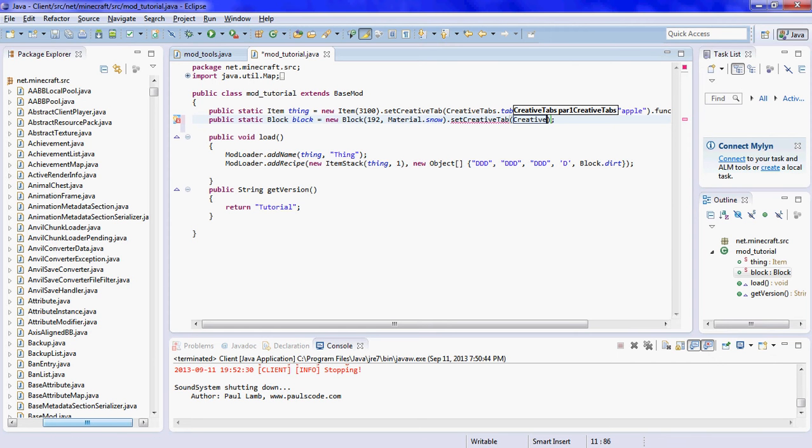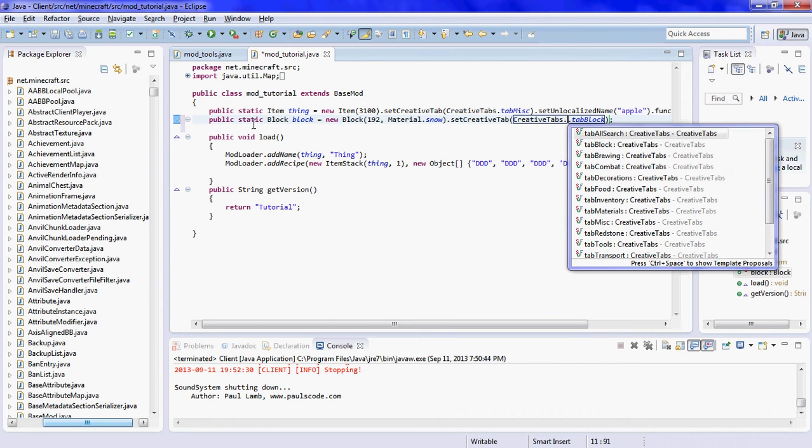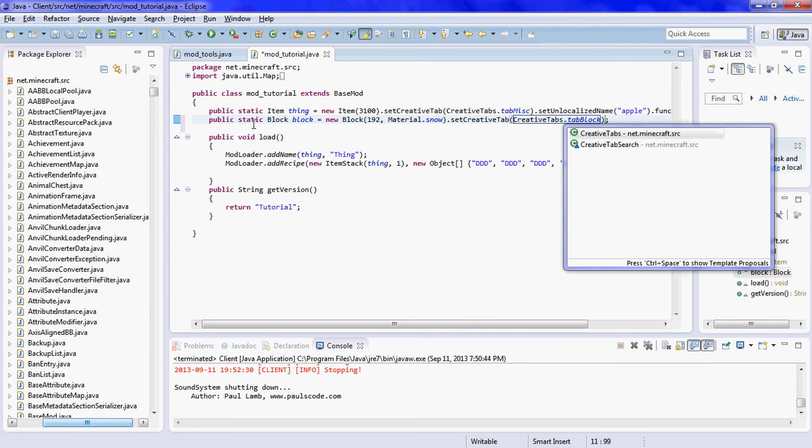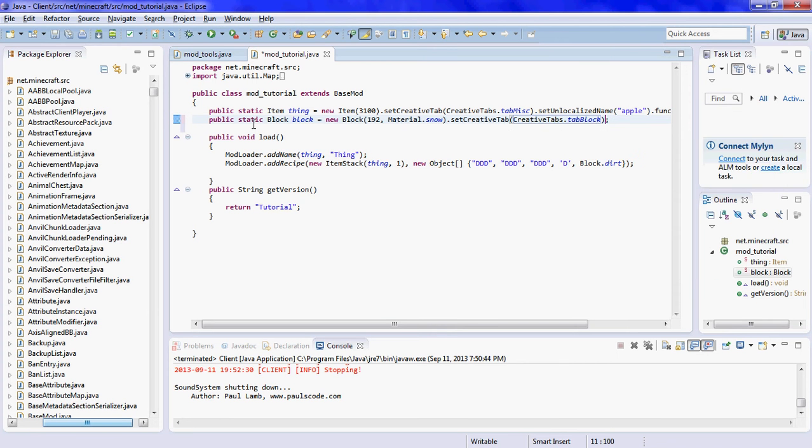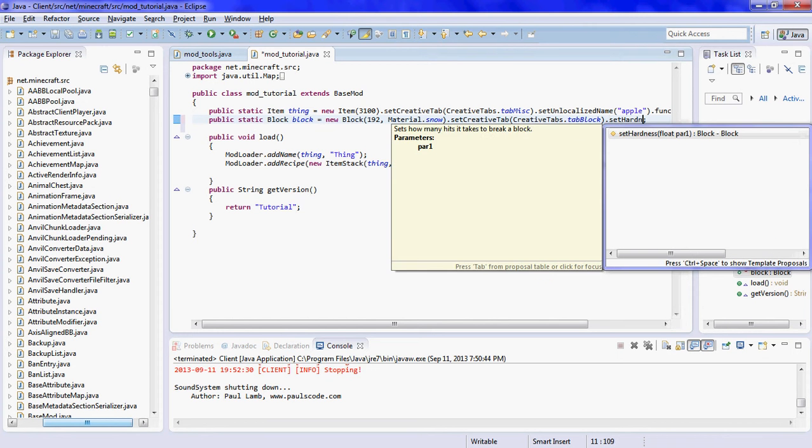And what this does is, I don't know if I explained it in the last video, but when you're in creative mode, this determines which tab it's in. So there's miscellaneous, food, stuff like that. So if we go dot, see there's brewing, combat, decorations, stuff like that. So just put it in the tab block, and then we're gonna need set hardness,